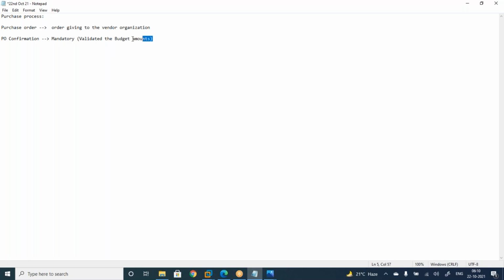So what is this? You will understand later. It is mandatory. Next, product receipt. Product receipt means receiving the material from the vendor.